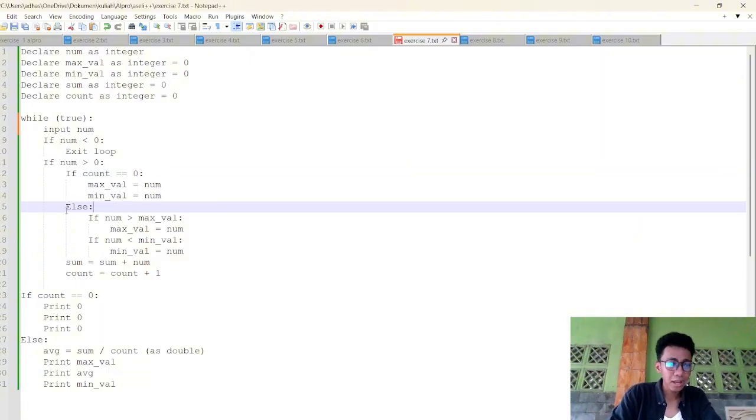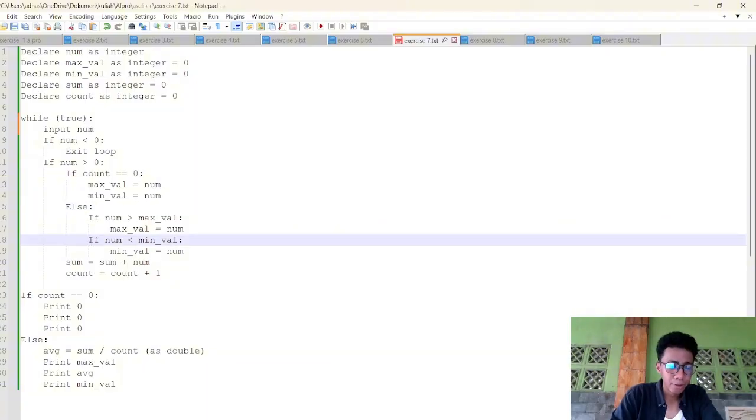After the second iteration, it will just go to the else statement here, where if num is greater than maxval, maxval will be assigned with the num value, and we check the value of num again. If num is less than minval, the value of minval will be assigned with num.